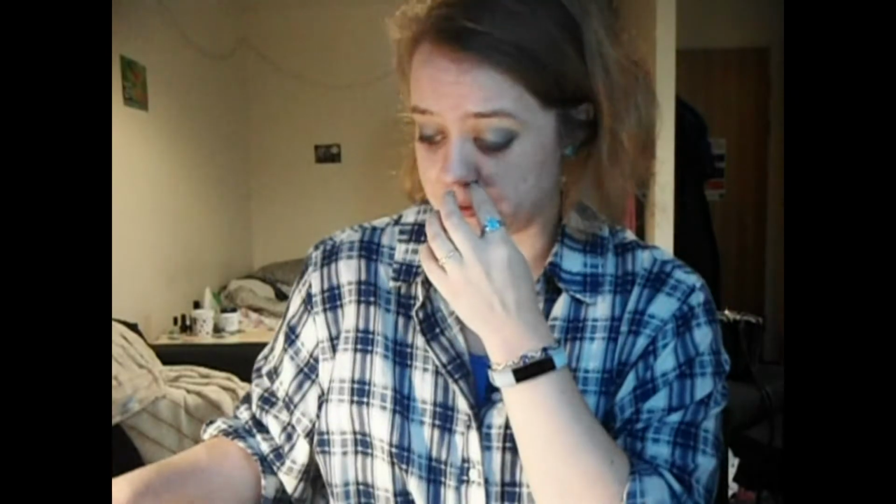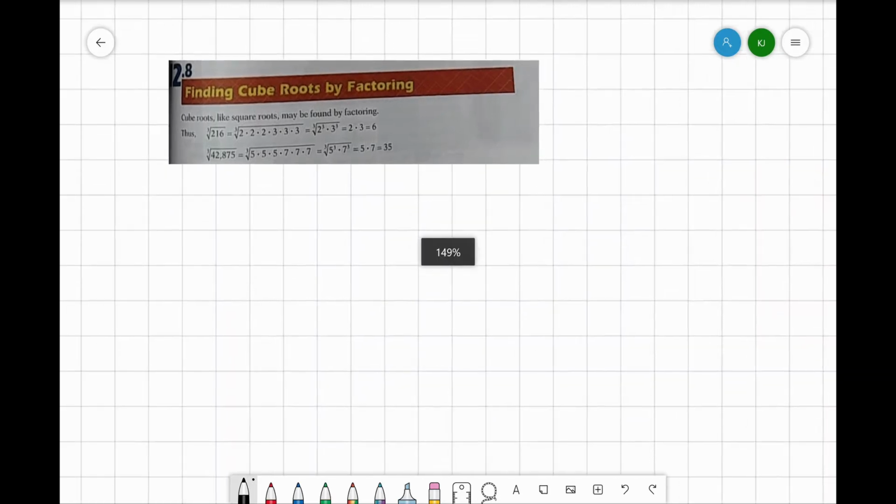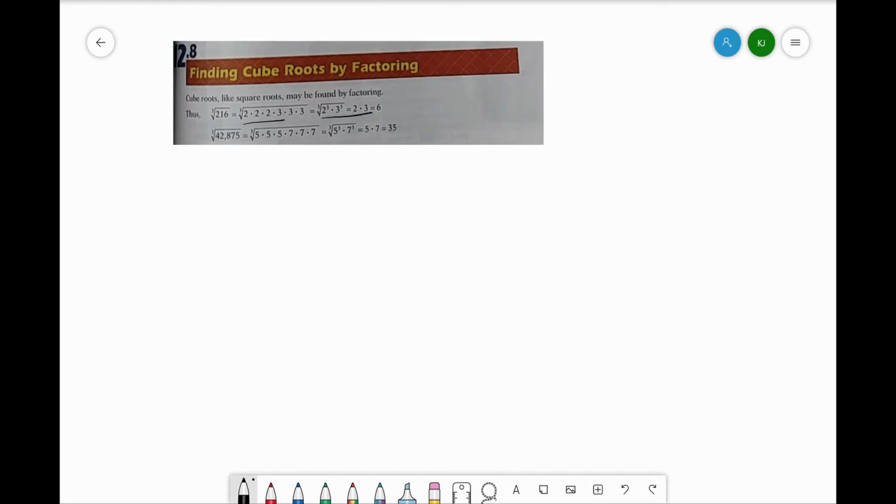So our examples. Example 1, if we have the cube root of 216, we can find this out. They've already given you all the little numbers, but we would find this out by going, okay, 216, and we could divide that by 2, seeing how it's an even number, and we'd end up with 108, and that's also an even number, so 2 goes into 108, 54, and 2 goes into 54, 27 times. Now 27 is not an even number, therefore we can't just continue on with our 2's as we were doing. However,